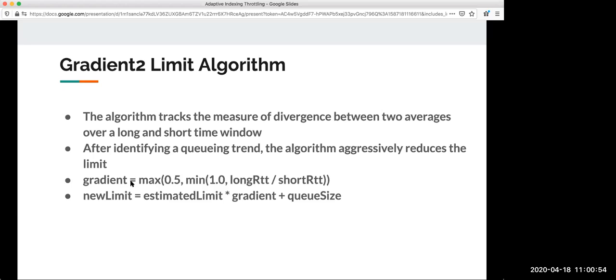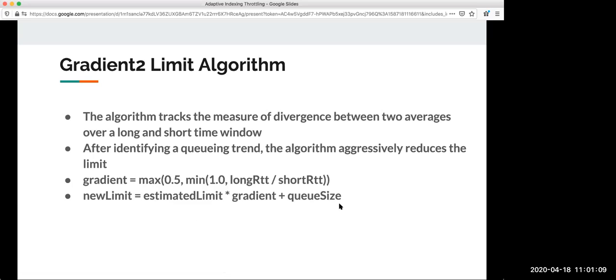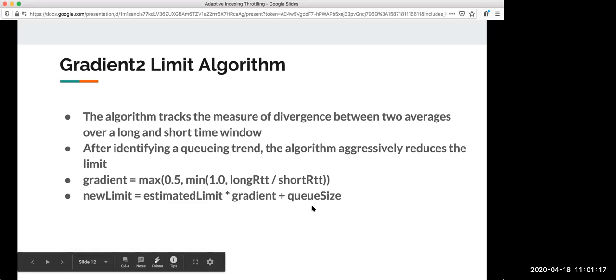In that case, the gradient will come out to be 0.66, so we'll reduce our limit suddenly from 10,000 to 6,000. So this also very aggressively reduces the limit. And the increase is only by the queue size, which is a very small static value we give at initialization, typically 10, 20, something like that.